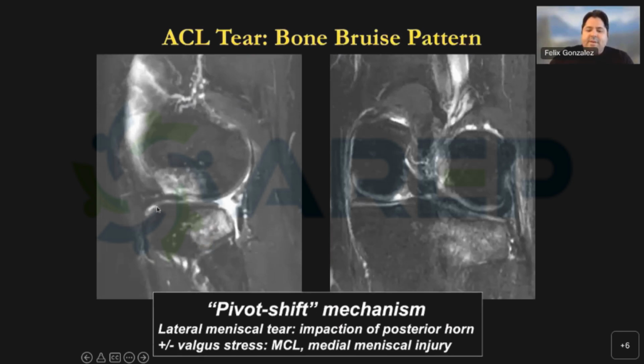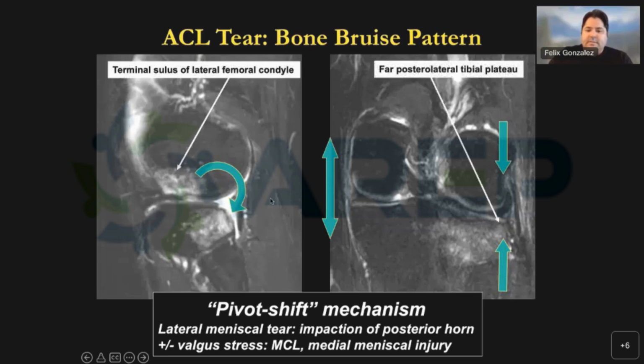All right, so basically here we have the pivot shift mechanism of injury, the classic bone contusion pattern in the setting of ACL injury. Basically, in addition to this, you can have a lot of meniscal tear because you have impaction of the posterior horn, right? These two compartments are coming together and grinding together. So that grinding mechanism can actually cause a lot of injury to the posterior horn of the lateral meniscus. You can actually see a completely absent meniscus here with displacement right there. So you have the bone contusion, and then this is a displaced fragment here more peripherally that you don't see posteriorly on the sagittal view. All right, so